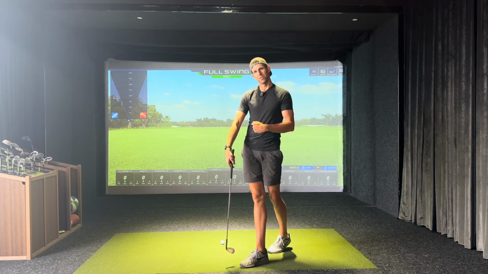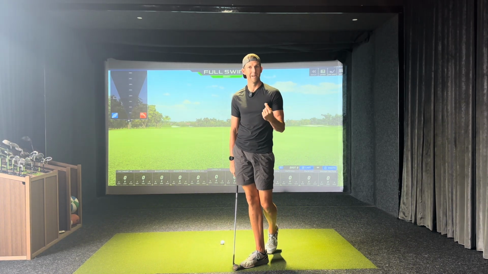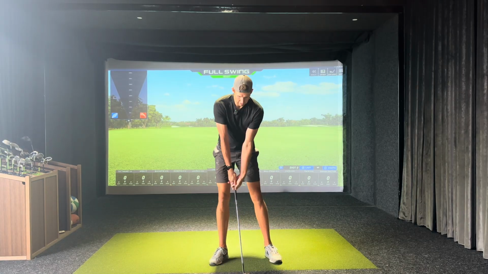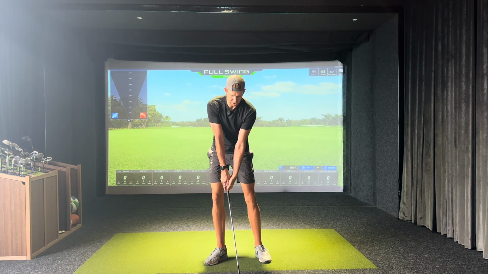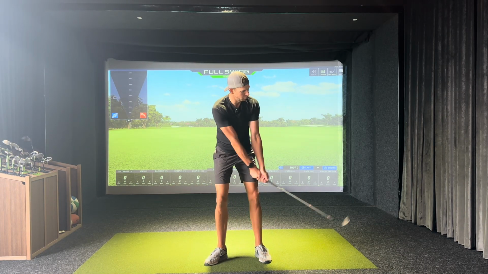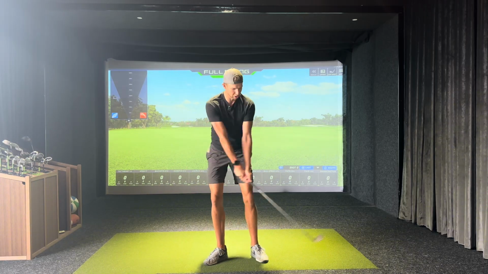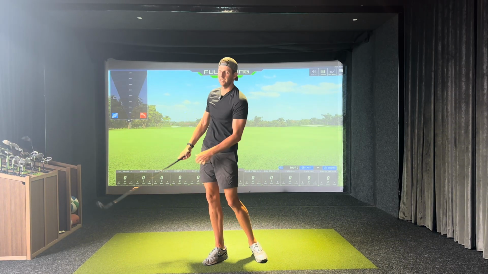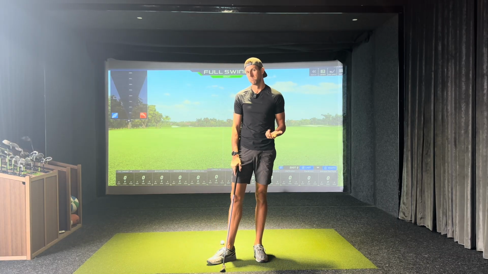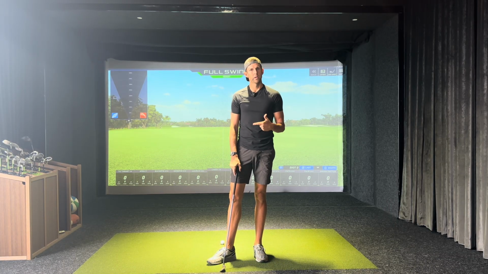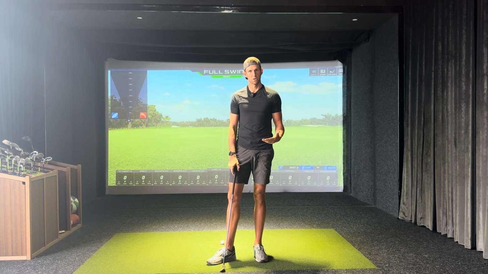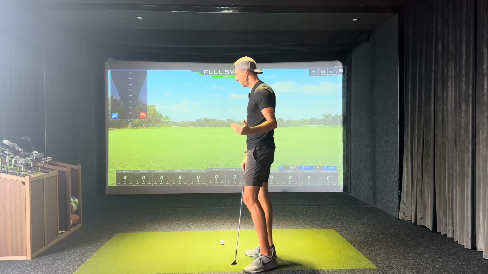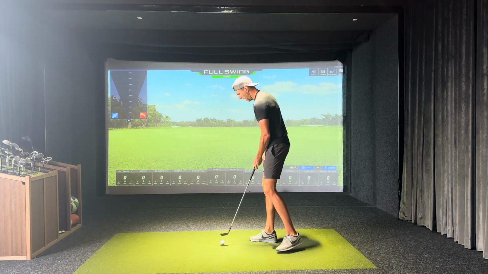We also want the distance between our elbows to remain consistent from setup, 6 to 8 inches in between the elbows. And then when we're swinging back and through, and we're just talking about P6, P7, P8, the distance between the elbows remains the same. So why wouldn't I practice that motion at first, progression 1, without a golf ball? And let's confirm from a down the line perspective that when I do that,